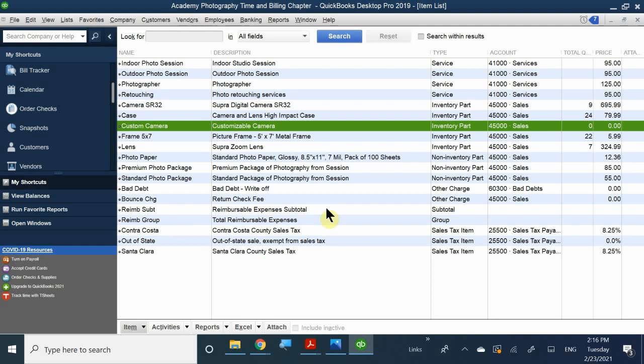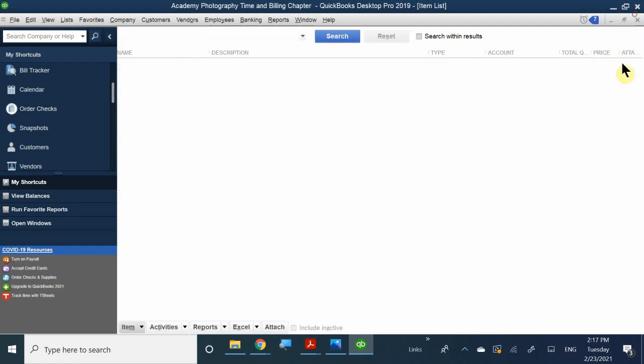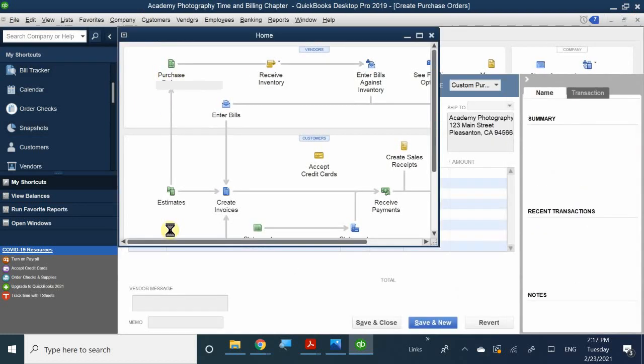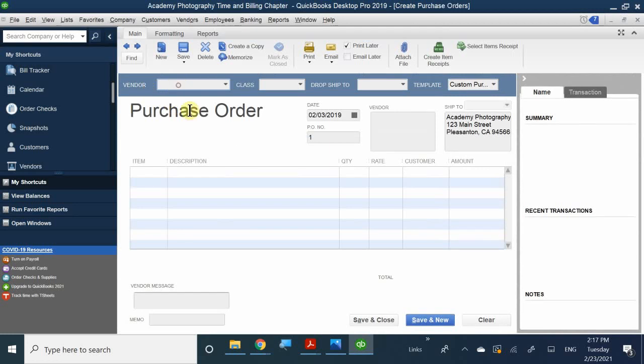Okay, so now the next thing is I'm going to go ahead and create an invoice. I'm sorry, create a purchase order. Okay, let me go ahead and close this out. All right, I'm going to save you some trouble here. I'm going to go ahead and create the purchase order for you, okay? However, I'm going to ask you how to